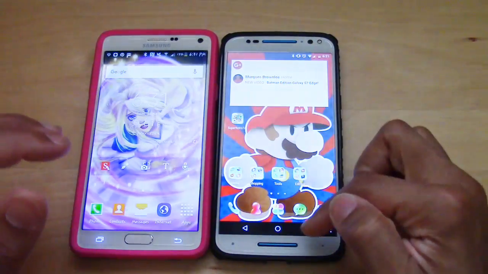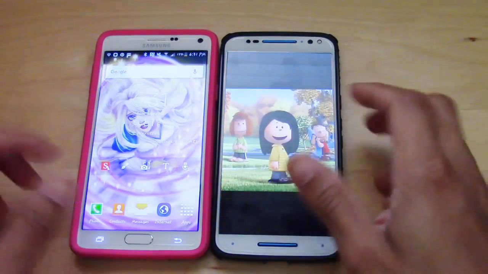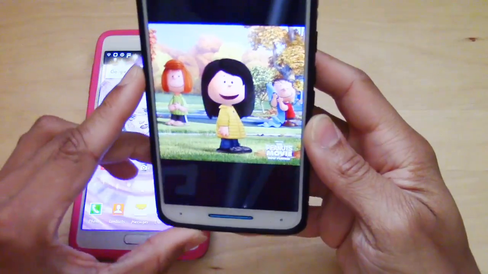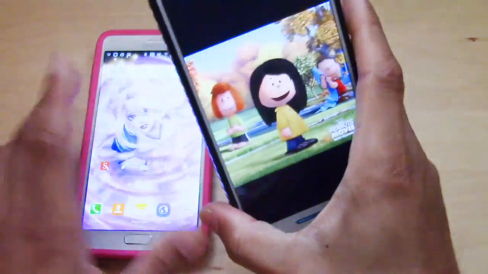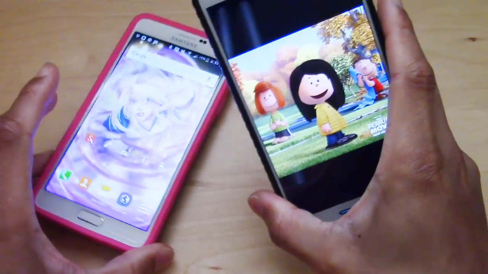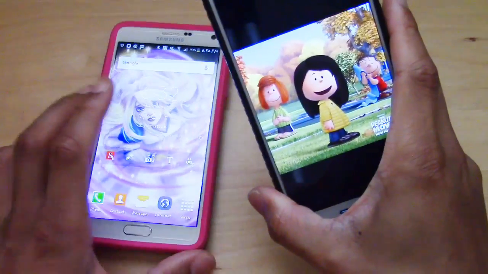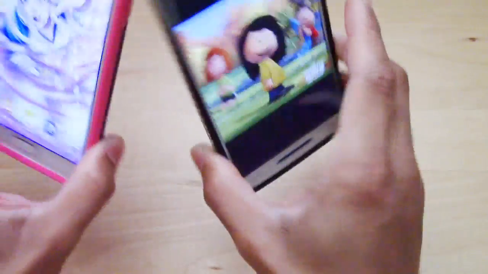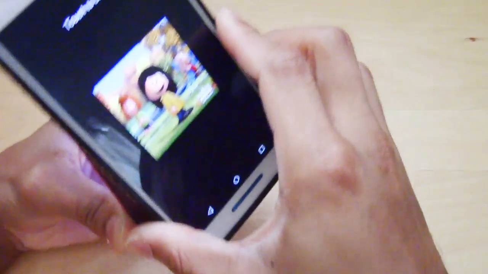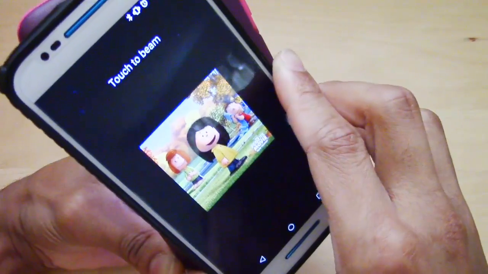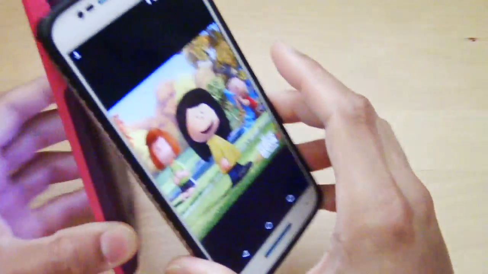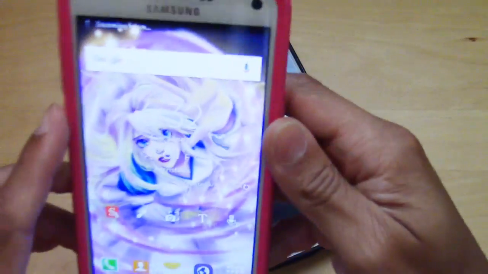So the first thing I'm going to do is open up the picture I want to send, and then this is my phone. This is the Motorola X Pure Edition, and my girlfriend's phone, which is the Note 4 Samsung. So we're going to go ahead and basically all you got to do is just with the Android NFC or Android Beam, you just basically take both phones and put them back together, and you'll see it say touch to beam. So I would touch that, touch it, and then right there you can see on her phone